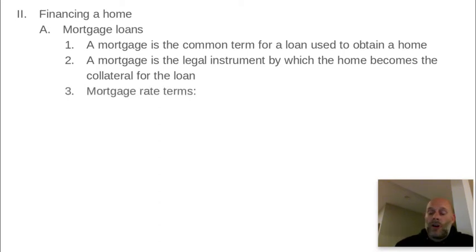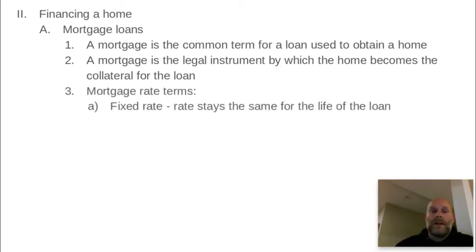So typical terms, we're talking specifically about mortgage rates. First of all, probably the most common type, in fact, I would say definitely the most common type of mortgage is a fixed rate mortgage, meaning it's very simple. It stays the same the entire life of the loan. You know what you're getting, you know what you're going to be paying every single month for the entire life of the loan, whether it be a 30 or a 15 year, which are the two most common durations of loans.